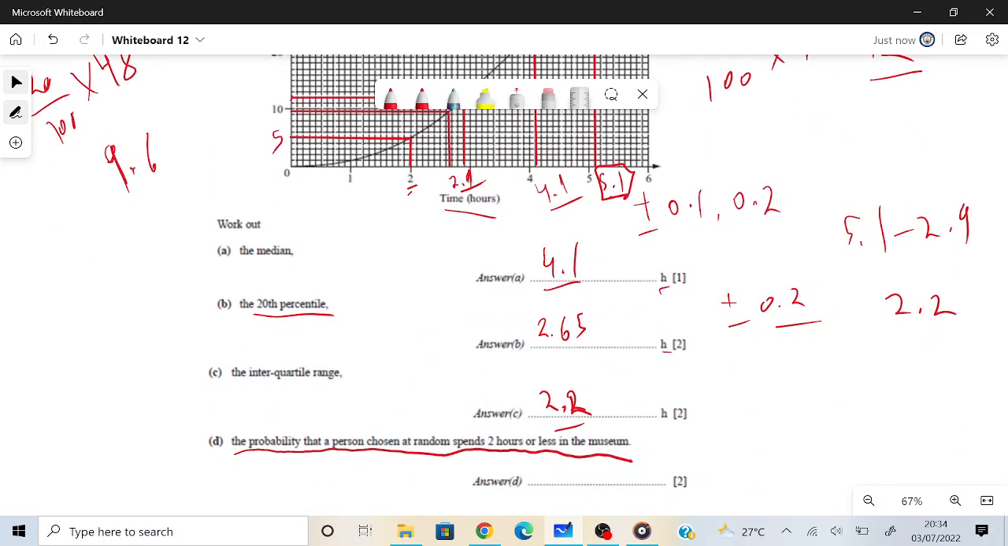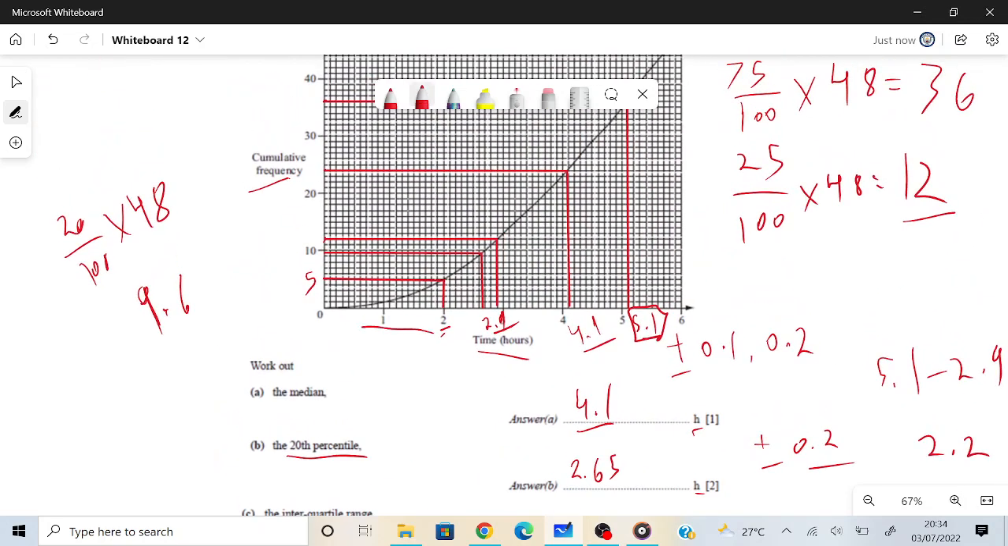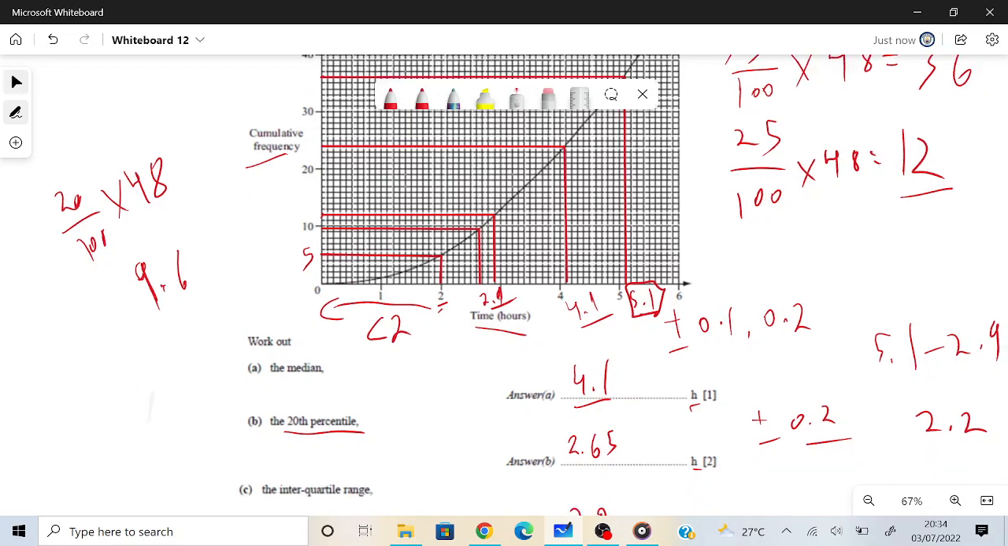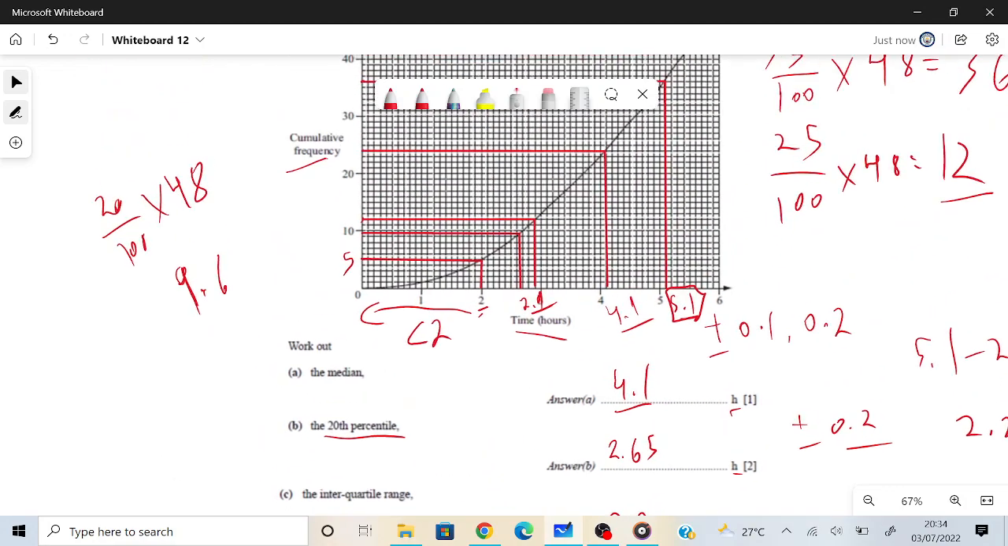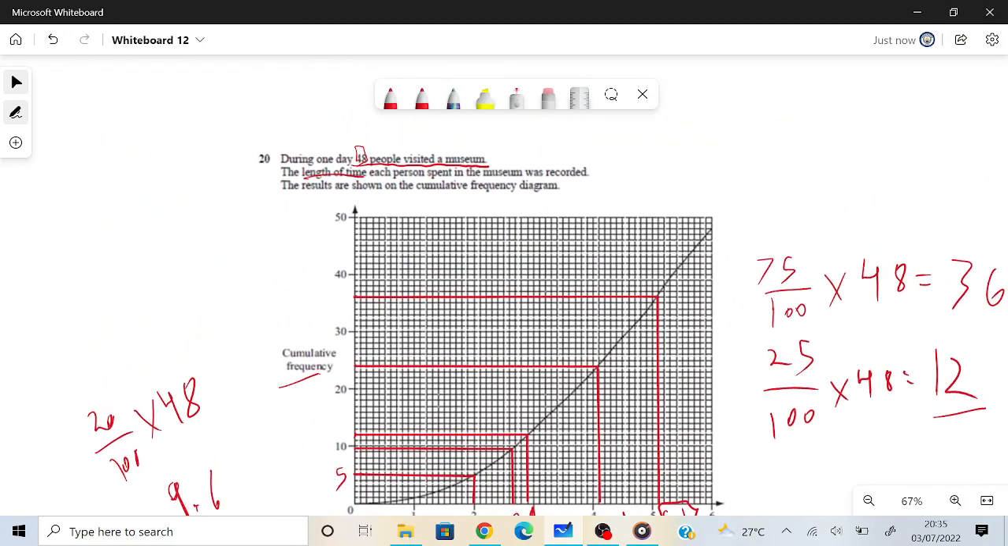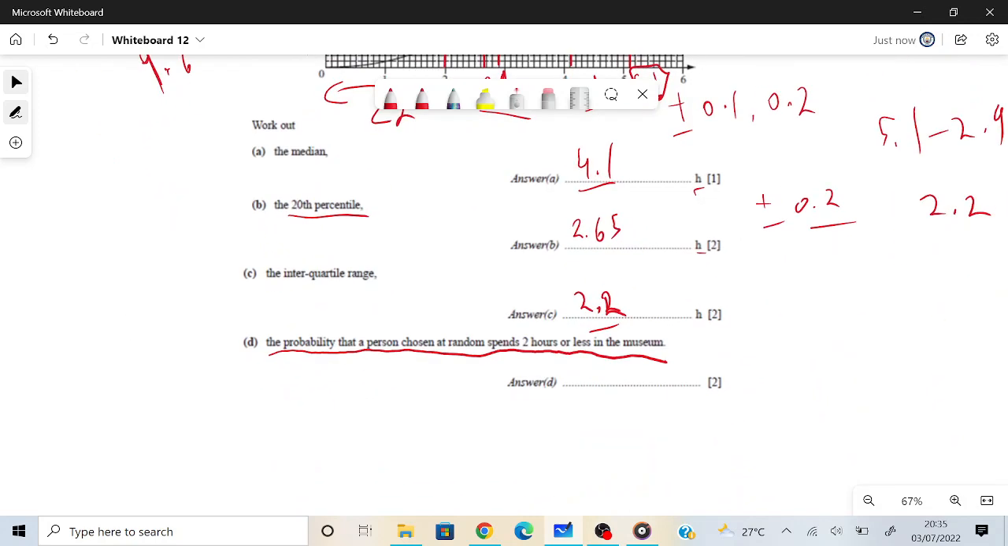and the question said to find the probability that a person chosen at random spends 2 hours or less, and that is exactly what we found, because everything on this side of 2 is less than 2. So we have 5, and probability is the number you found over the total number of cumulative frequency, or number of people in this case, which is 48. So your answer is either